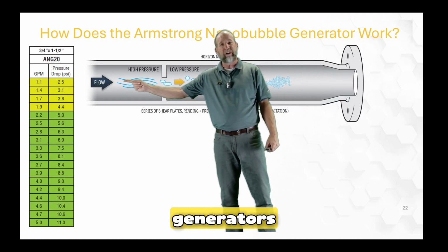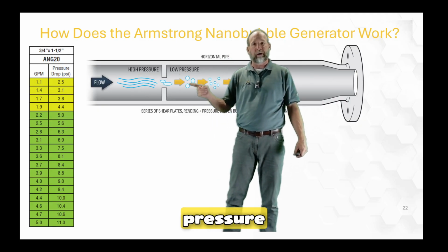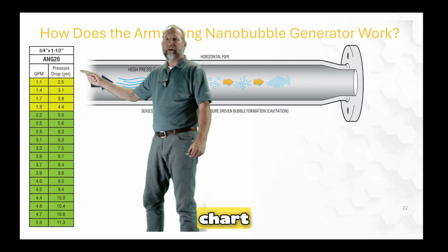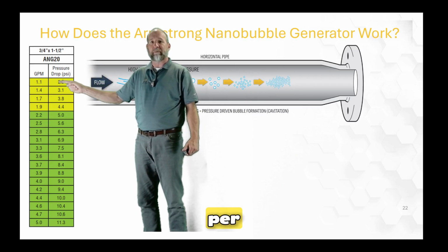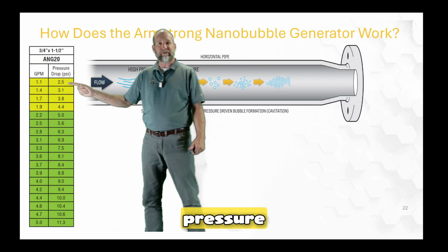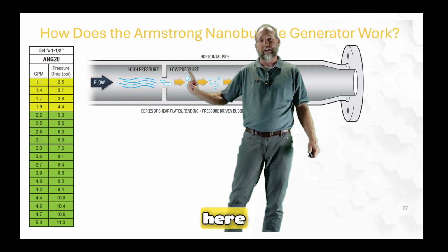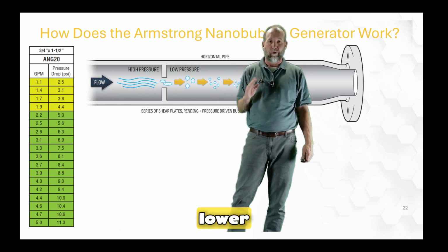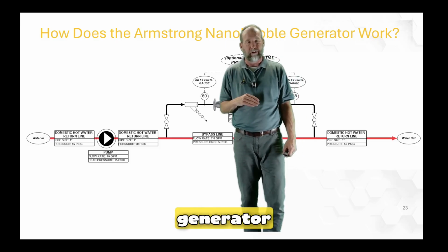These nanobubble generators, as water flows through them, it goes from higher pressure to lower pressure. And here's showing you a little flow chart. For instance, on our 3/4 inch, basically at 1 gallon per minute, you've got a 2.5 pound pressure drop. That means the water comes in here, say it was at 10 pounds, it would come out here 2.5 pounds lower pressure. And we'll talk more about that as we kind of deep dive into what a nanobubble generator is